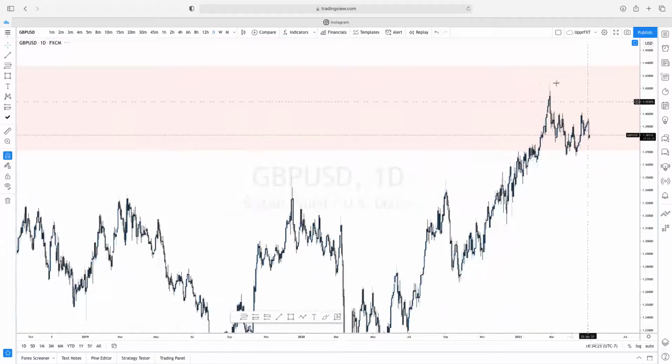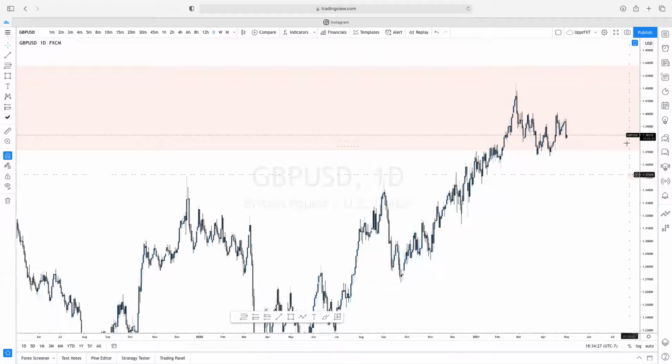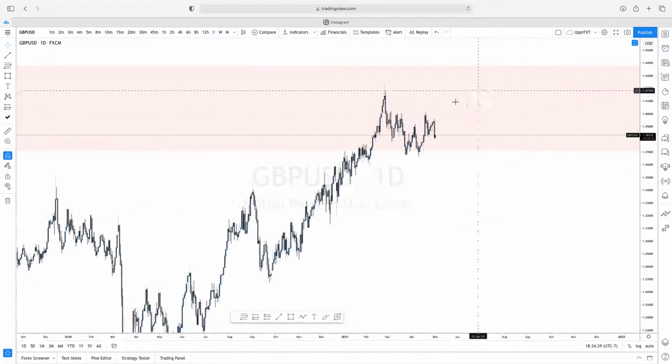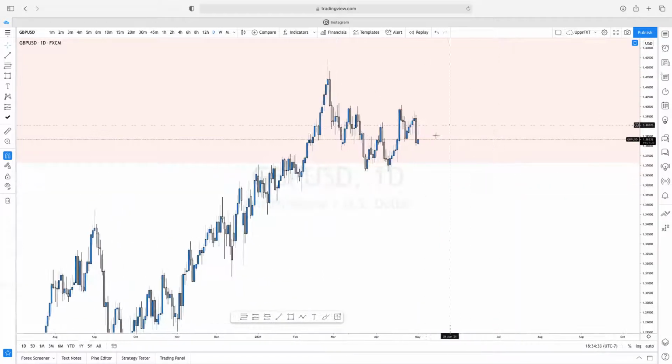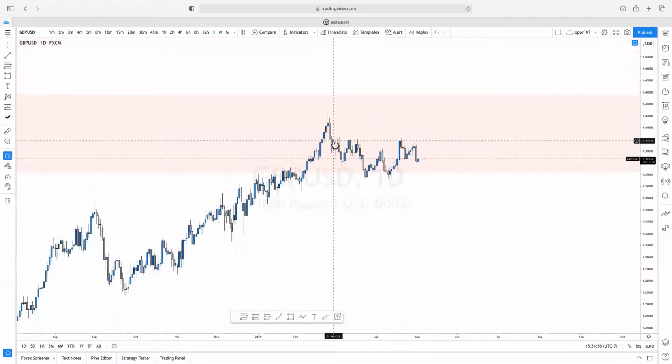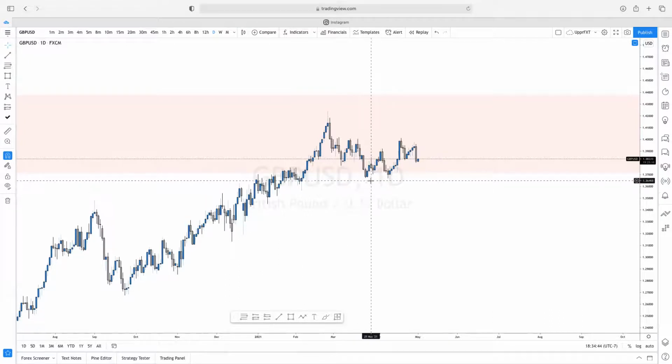Now, we are in this overall supply zone from the monthly time frame. And in supply zones, we're going to be looking for sells, right? Price has shown that it's begun to break down, creating some equal lows at levels of demand. I would like to see these lows taken